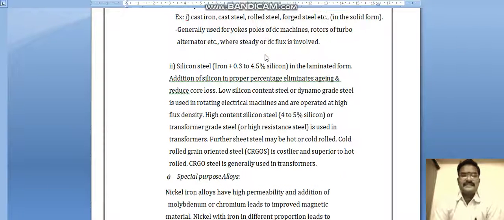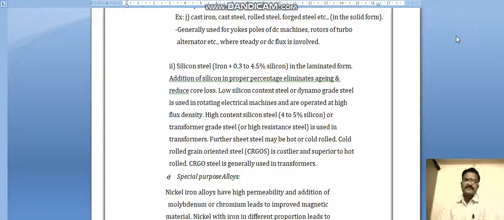Silicon steel: iron plus 0.3 to 4.5% of silicon in laminated form. We get silicon steel stampings in this form.